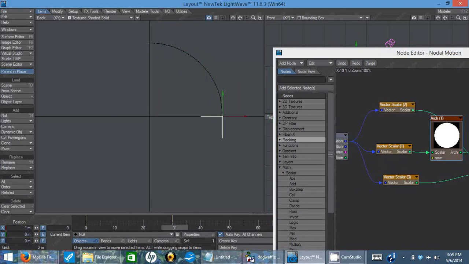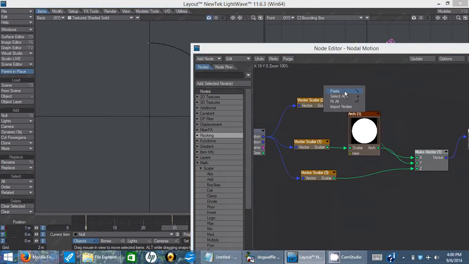And as I said, bear in mind these were really meant to be used on one axis, not on two axes. I put it on this motion channel so you can see it in sort of a graph to get an idea of what this node will do. It just interpolates a value between 0 and 1 in a way that is not a power function. It is actually a perfect quarter of a sphere. If you had 4 of these, you'd have an exact sphere. Whereas if you'd used a power function,